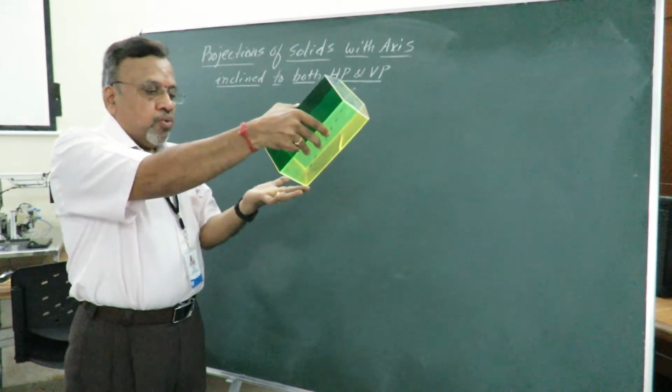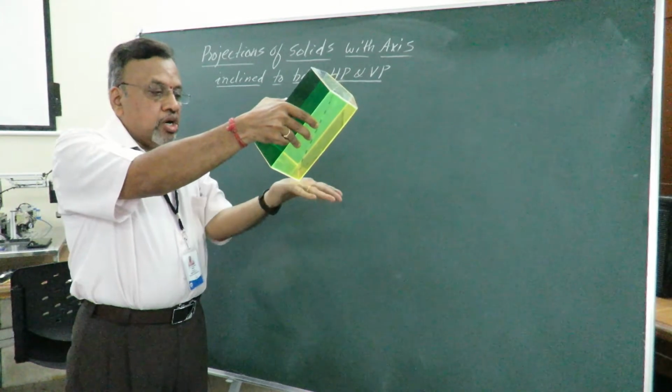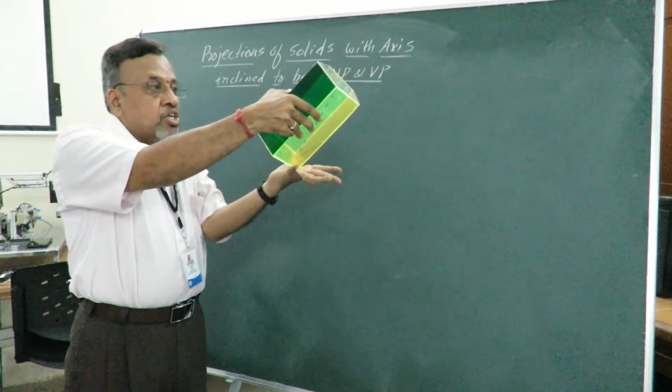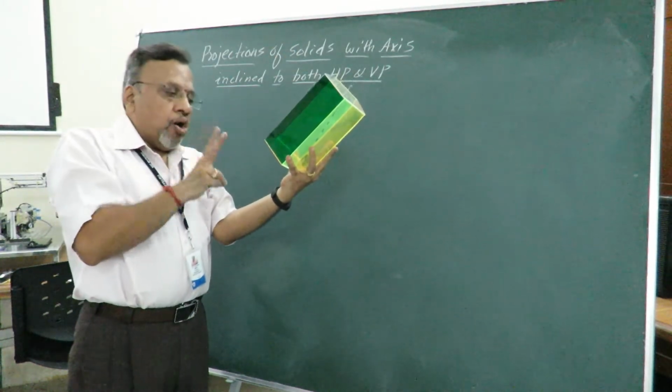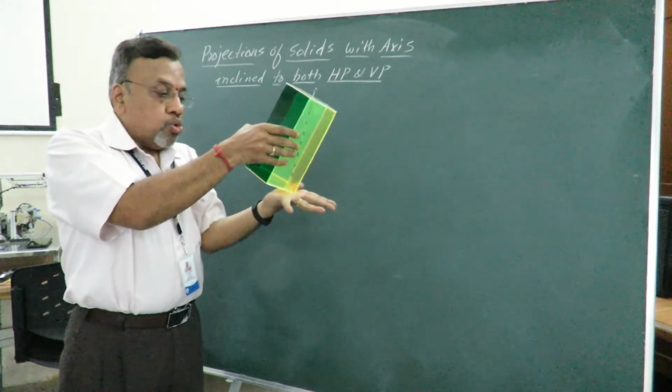Now we can see that if I orient in the other direction, then the corner is resting on HP. You can just see this. This is a corner now. So corner is resting on HP. Still, I can make this axis inclined to HP. So always, whenever we orient the solid in second stage, you should be careful.